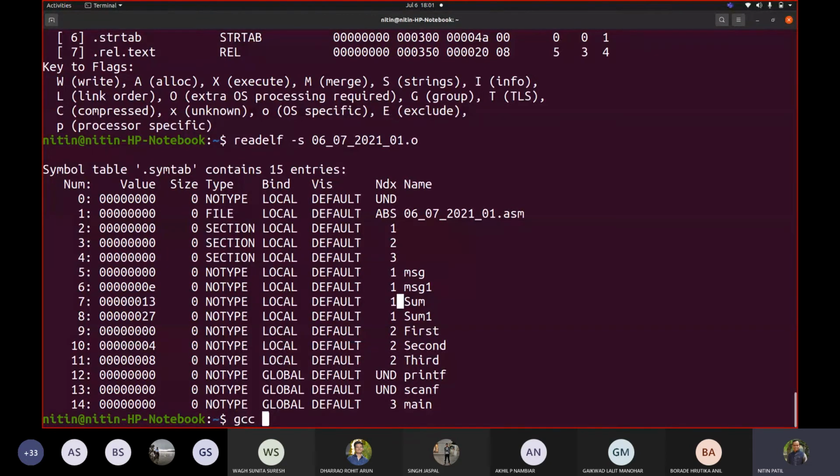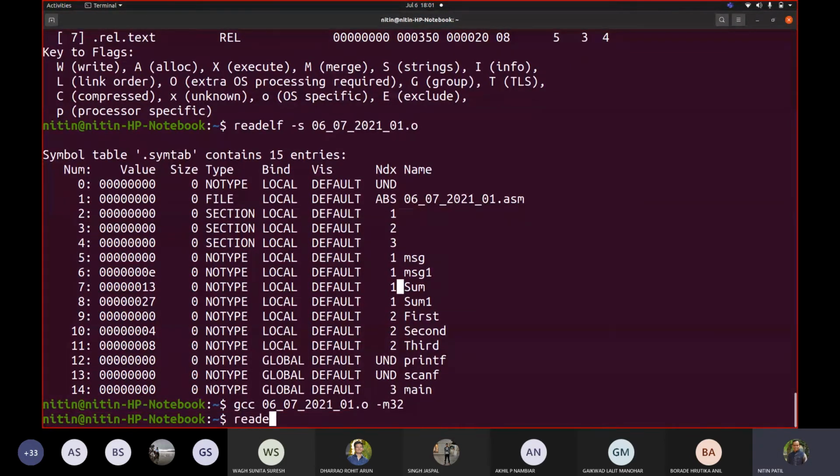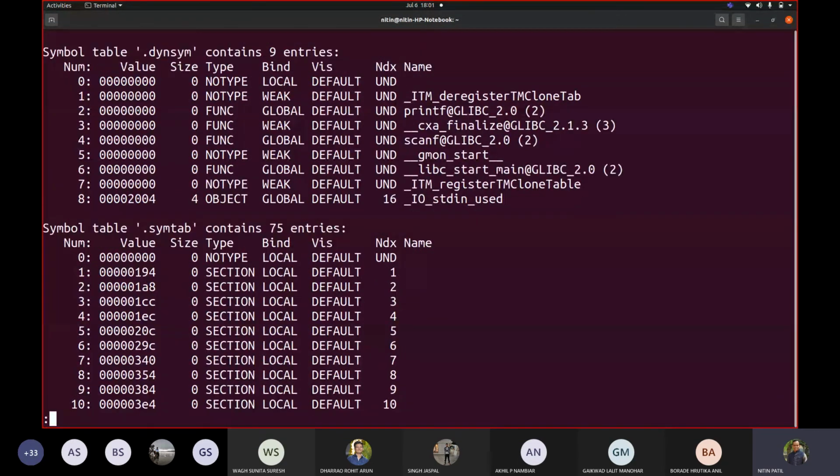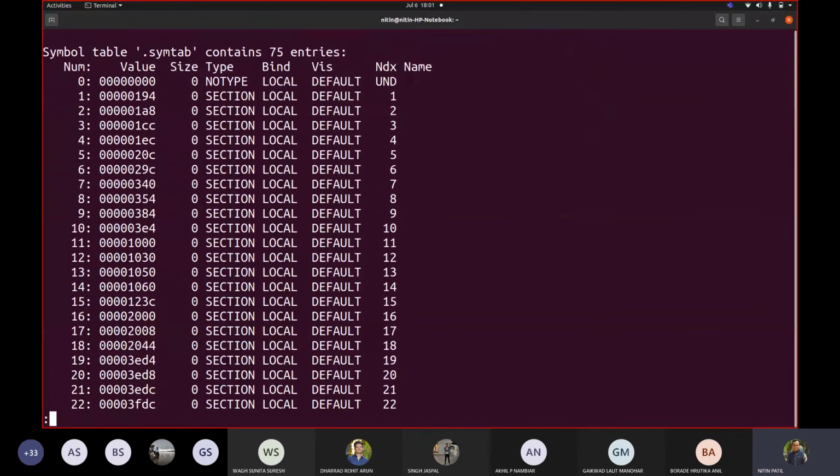So if I generate the executable and now see readelf -s a.out, let me try to see where exactly my variables are. We can write less now. Try to see where exactly your variables are.